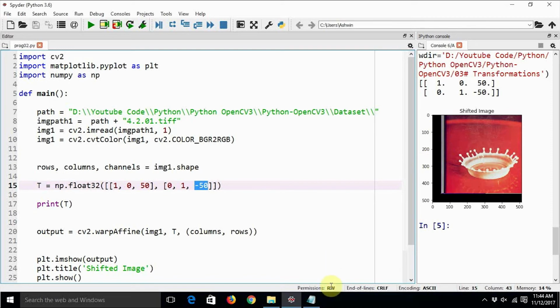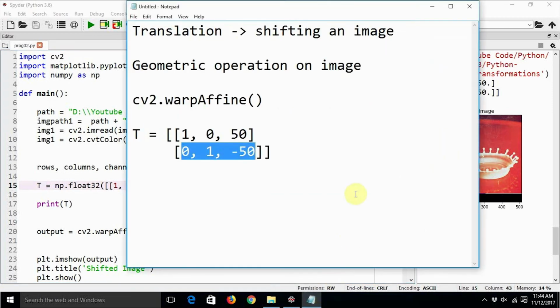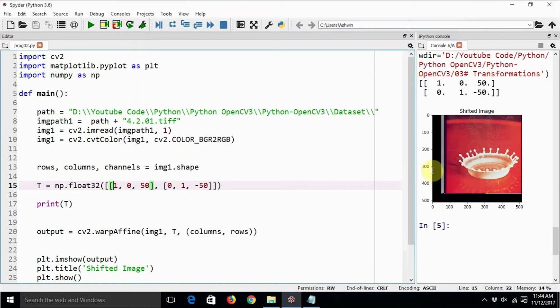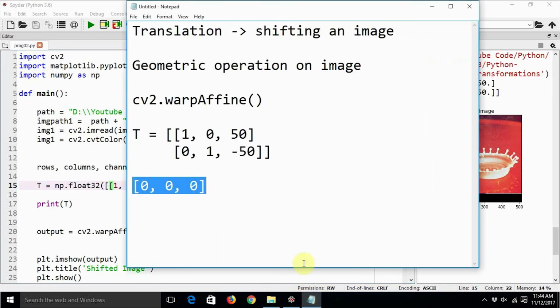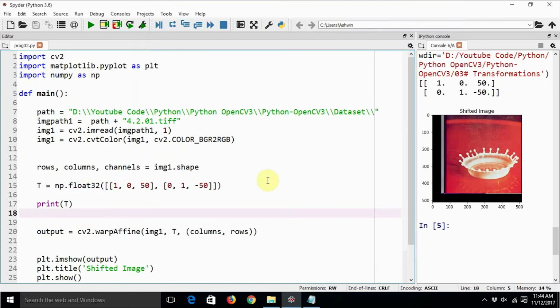The value of those pixels is 0, 0, 0, because by default it fills like that. So all those empty pixels are filled by the value 0, 0, 0, which is nothing but the black color.